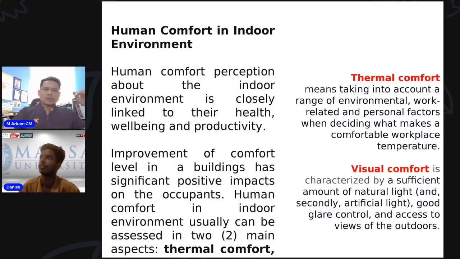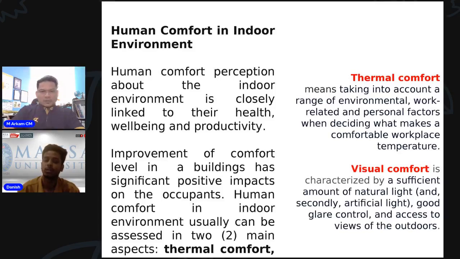But somehow in this guideline of the Malaysian standard, we have a standard for what human comfort is that is acceptable among humans, either for a ventilated or non-ventilated area, air-conditioned or non-air-conditioned area. It has been researched and tabulated as the actual human comfort that we can refer to.